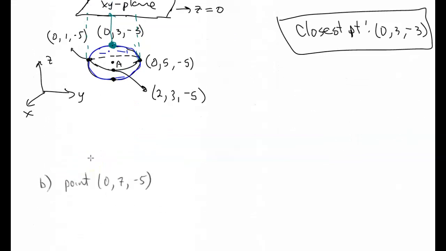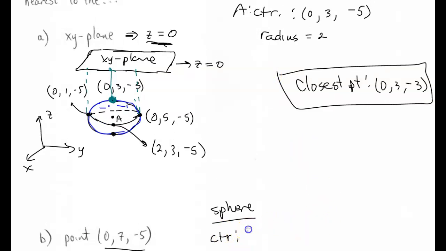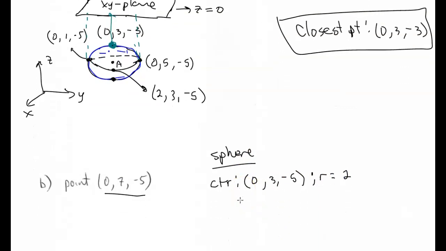All right, so for the final example here, we want the same situation. We have this same sphere, but now we want the point that's closest to 0, 7, -5, okay? So again, we have a sphere, and the center of that sphere is going to be 0, 3, -5. The radius of the sphere is 2. Okay. Now, if you look closely here, one of the things that you should recognize is that both of these points, the point that we have to get closest to and the center of the sphere, they both have the same